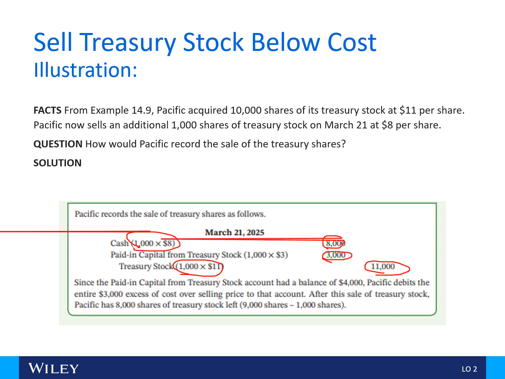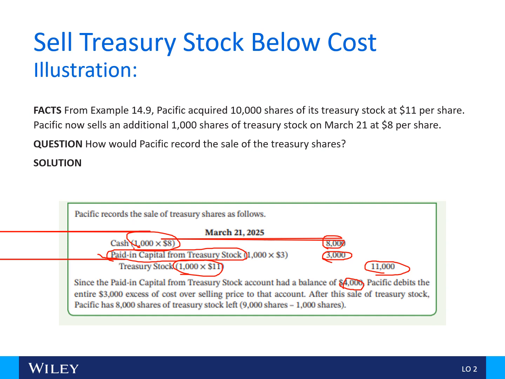Okay, so remember, expenses are debits, losses are debits, revenues are credits, gains are credits. So this loss, which does not go through the income statement, is just a direct amount that goes straight to stockholders' equity. It's going to go against the same account we saw in the previous slide, paid in capital from treasury stock transactions. But remember, in the previous slide, we had a $4,000 balance. So to the extent that we have a balance in paid in capital from treasury stock transactions, any losses that we subsequently have will reduce that account.